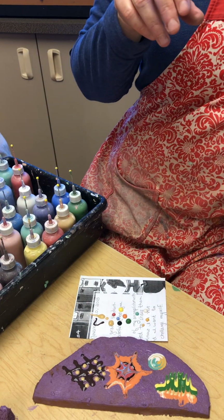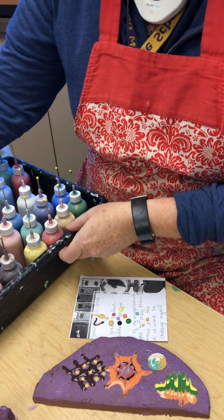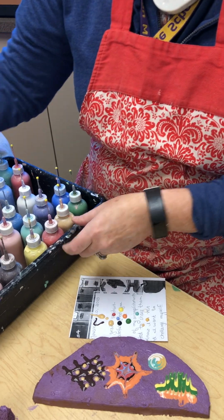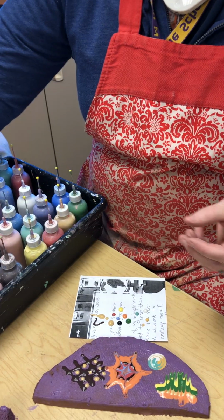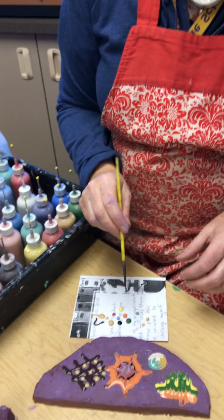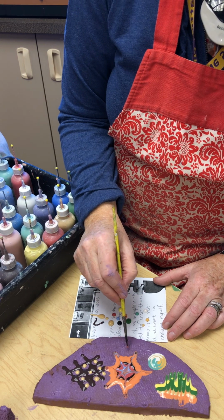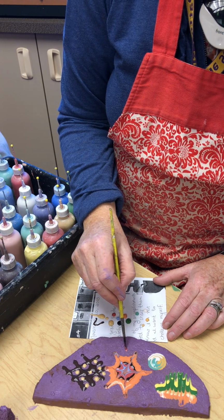All right, what's next? Hand painting. So hand painting would be if you took a paintbrush and you used your little palette here that you've created, and you paint something recognizable. So let's say I make like...